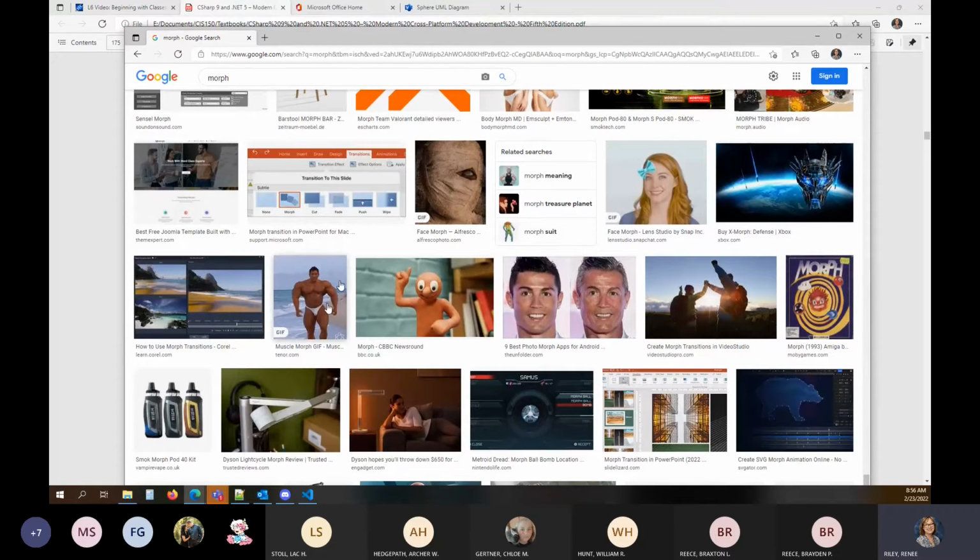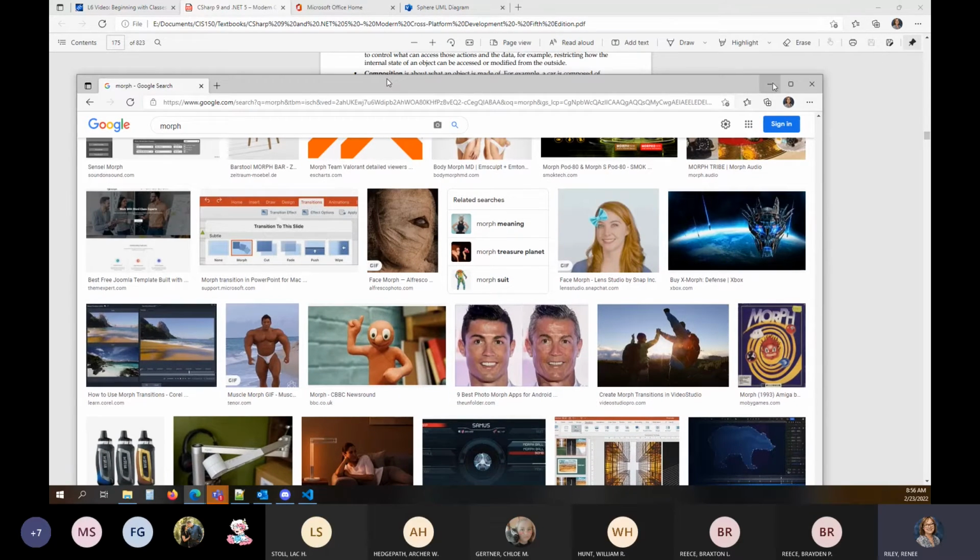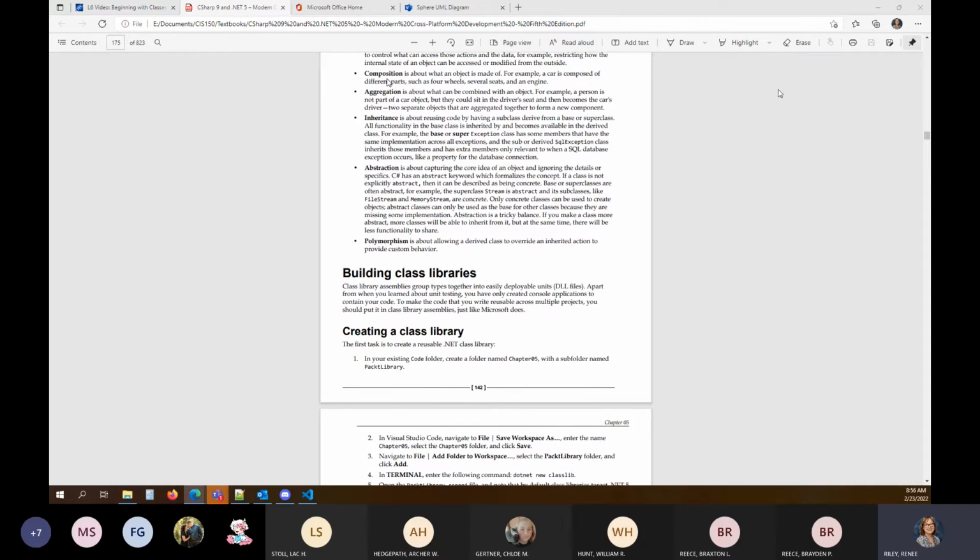What we're saying is, I want to be able to change this guy into this guy without too much work. I want to be able to morph this base guy into something a little bit more specific. And I should be able to do that by using the same kind of muscle building methods that I would use for this guy. So polymorphism is the ability to kind of override one thing with another thing without too much work. So we'll get into that.